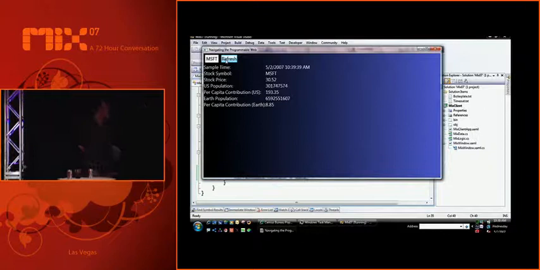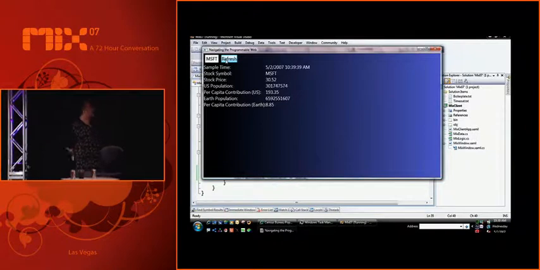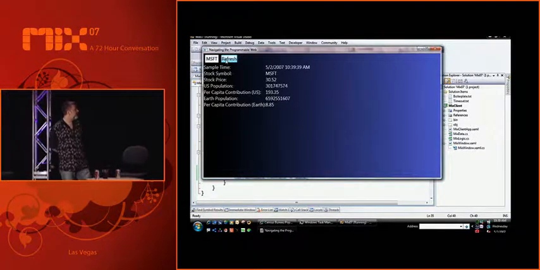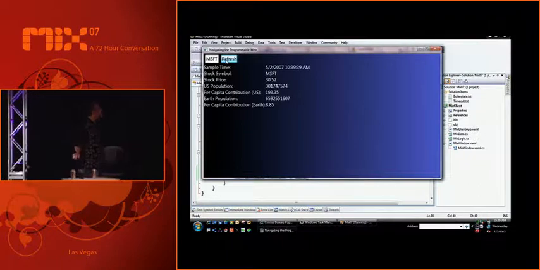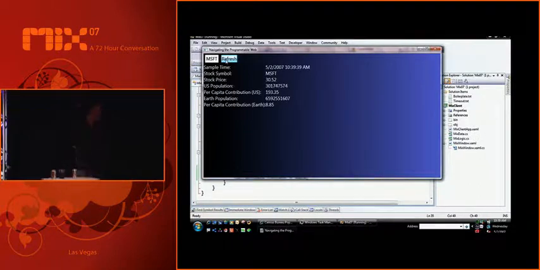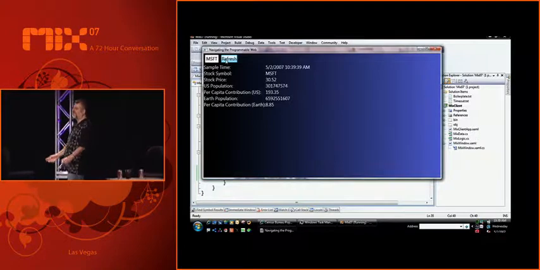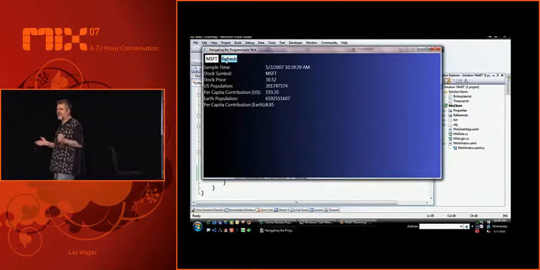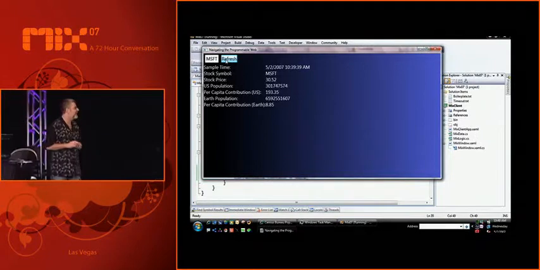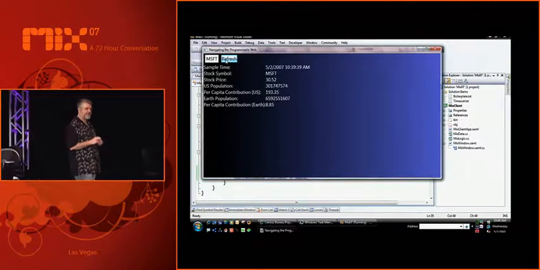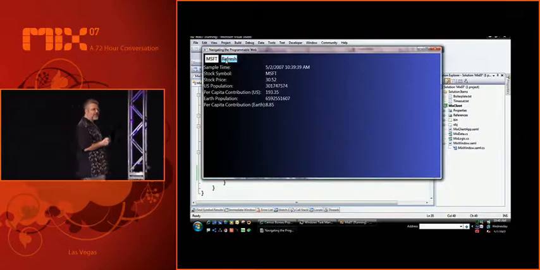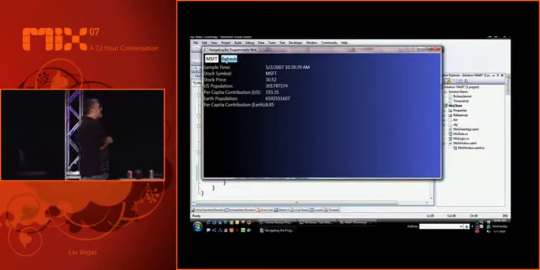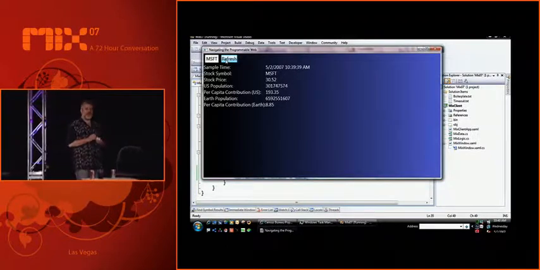And so now what we'll see is at 10:39 and 39 seconds, Microsoft stock was at $30.52. The U.S. and Earth populations were those, and basically if someone who owned that number of shares wanted to redistribute his wealth to everyone in the country, you'd be receiving a check for $193.35. If he decided to redistribute it to everyone on the planet, he would be sending everyone a check for $8.85.